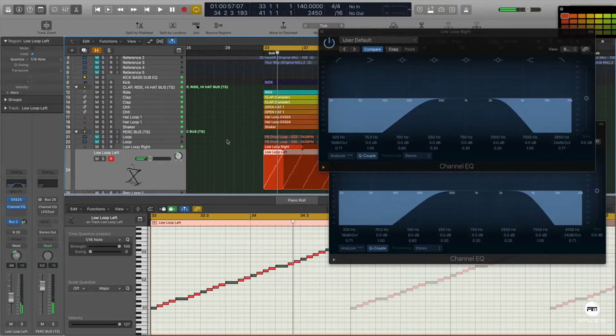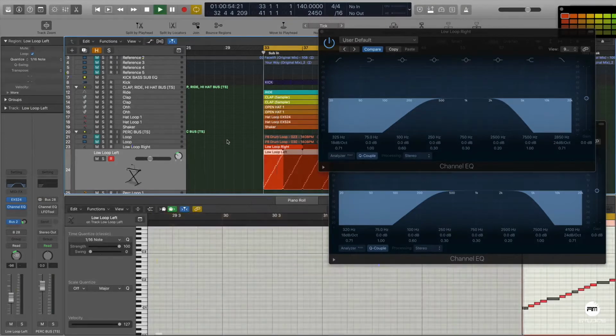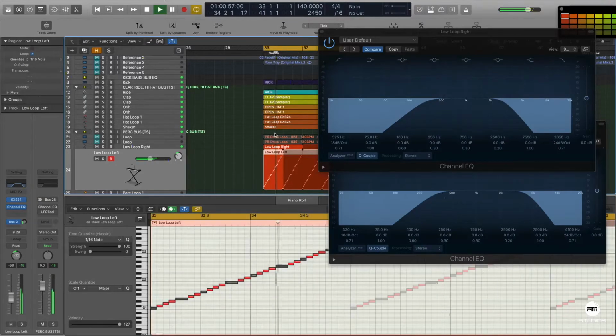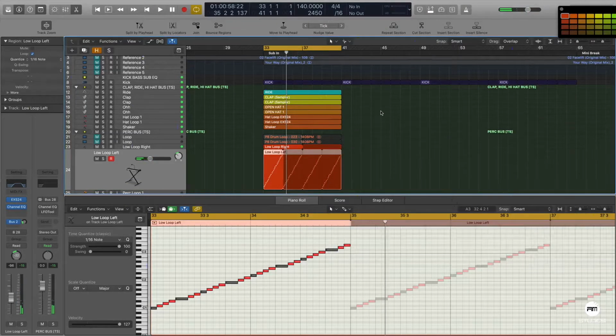So the other thing as well is when you obviously take away the high end from the percussion loops, it sends it further back in the mix, and this is where the depth is coming from. You're pushing it far back in the mix, therefore, you know, it's really giving it that depth and just sort of dynamic 3D sort of sound to it. Great, so